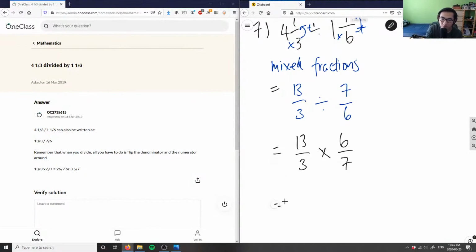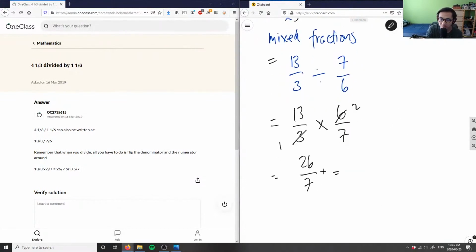And again, this question now becomes really easy, right? So I can simply cross this guy out and divide these guys by 3. So I would have 13 times 2 is 26, over 1 times 7 is 7. So I have 26/7. Or you can simply rewrite this as a mixed fraction by taking 7 times what